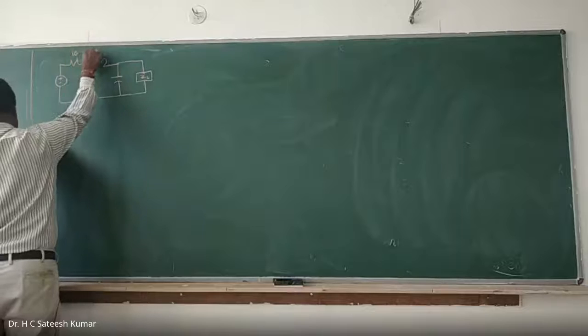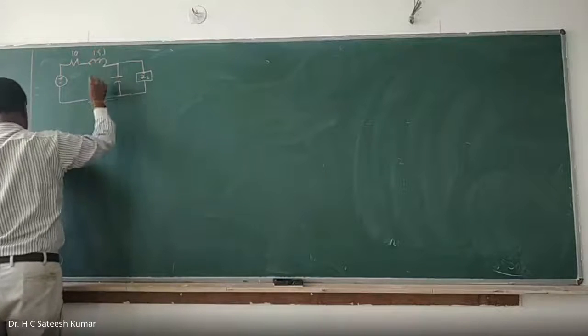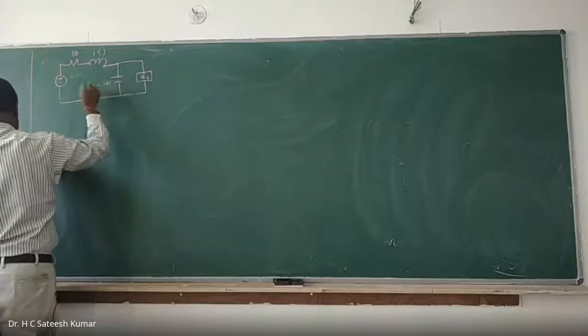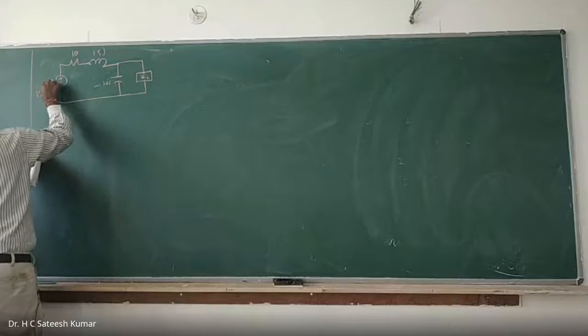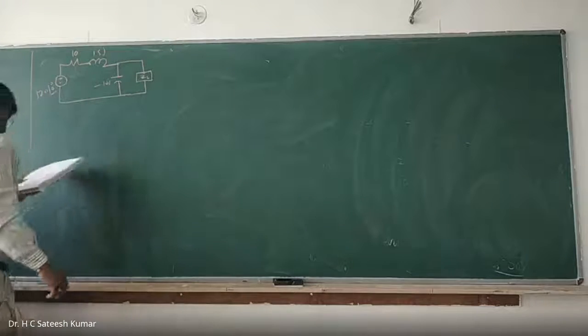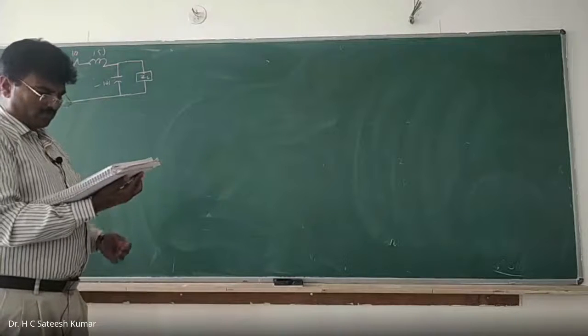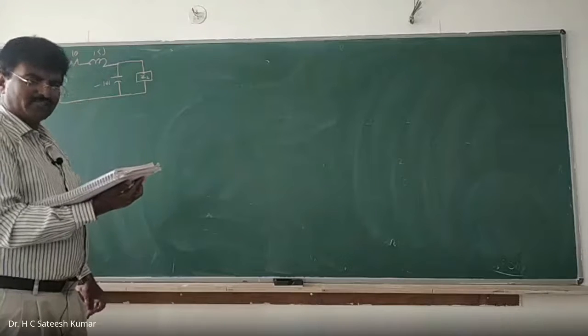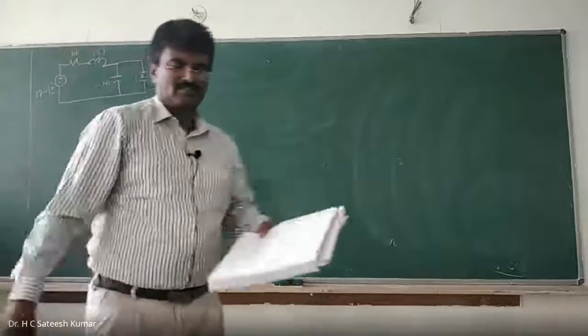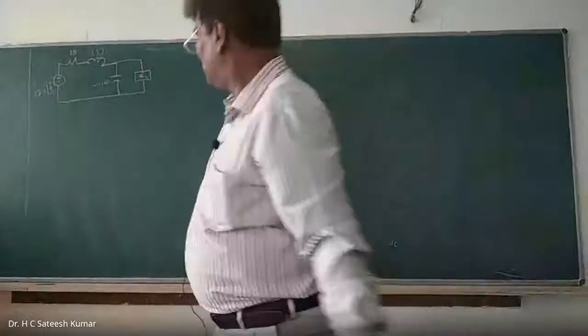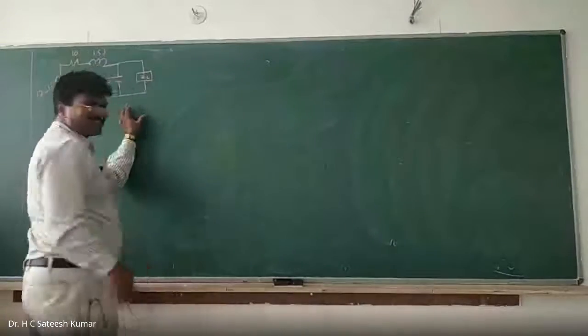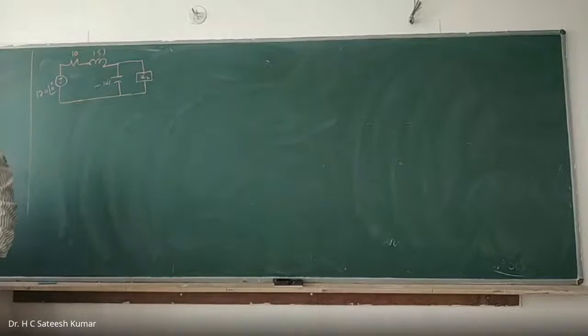10, 15J, minus 10J, 120 at an angle of 0 degree. The question is, find the value of ZL for which it receives maximum power in the network shown in the figure. Find the maximum power. See the question. In the last problem, what did I say? Whole thing you take as load, I said. There the question was, find the value of R and C such that maximum power is transferred to the load.